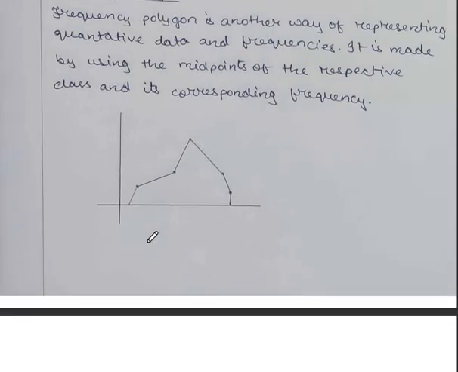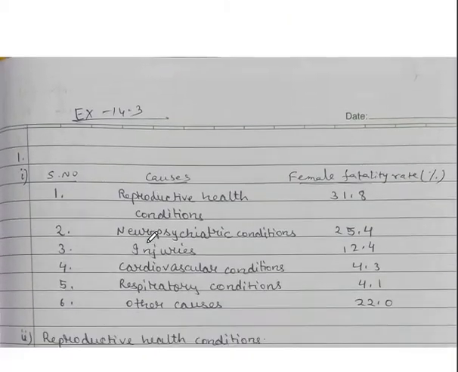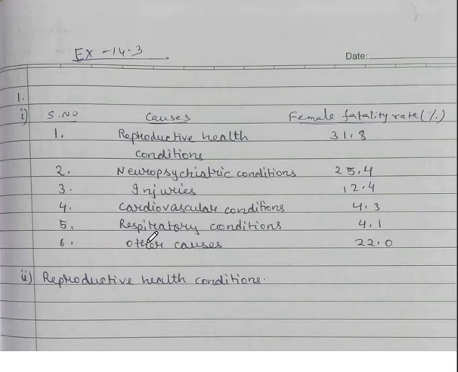With the help of this instruction, I will start exercise 14.3, question number 1. Please follow the question from your textbook. A survey conducted by an organization for the cause of illness and death among the women between the age of 15 to 44 years worldwide found the following figures in percentage.